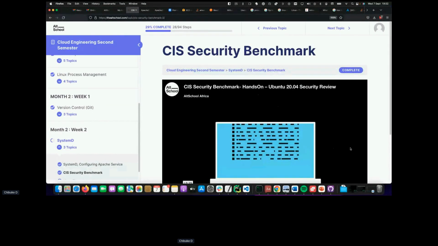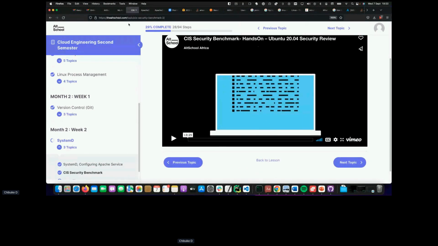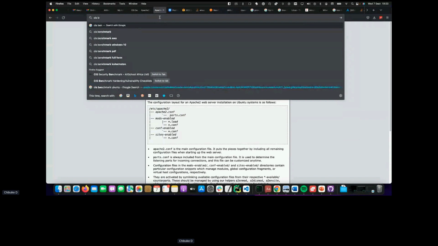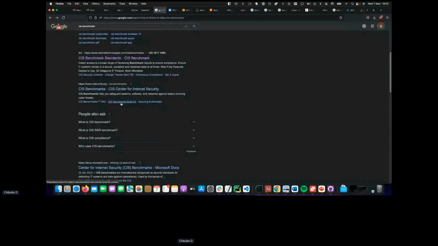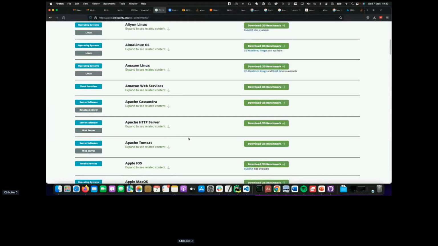My two machines are the same thing. They're both Ubuntu Focal machines, but I identified them separately. So let's talk about the CIS benchmark. For this, we just have to go to the CIS website. I think it should be this. Okay, so